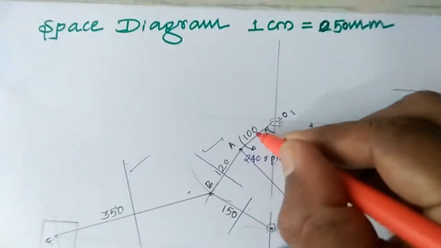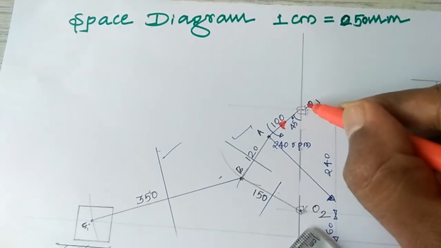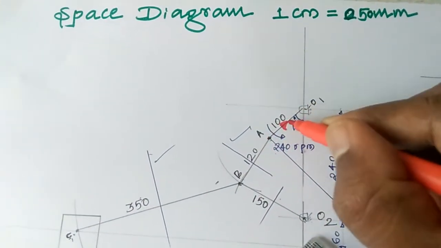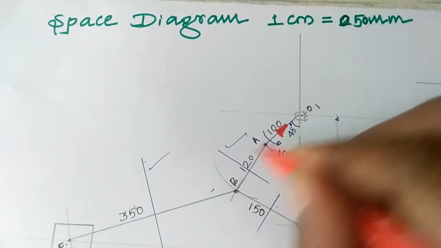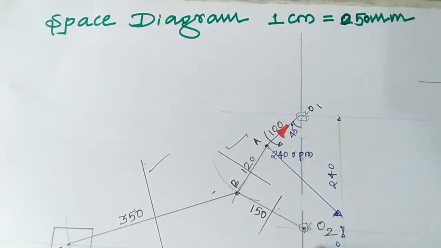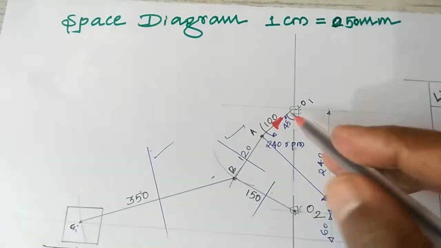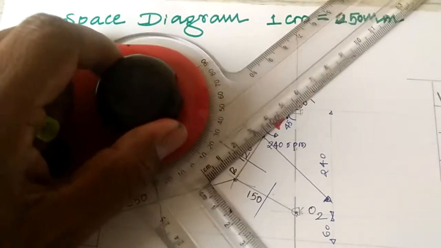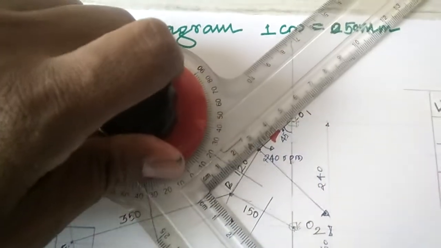Direction is important. How to draw the direction? This is towards the acceleration of A with respect to O1. That is important. Acceleration of A with respect to O means this is an upward direction. With respect to what? You have to take that direction. Then you have to come to the velocity diagram. That is the acceleration diagram. You have to make it aligned for the radial.